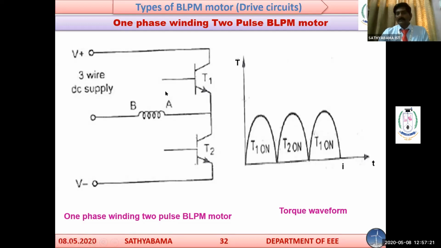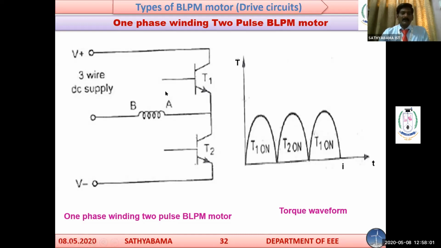So the induced EMF is approximately equal to the supply voltage. Therefore, we get the power equal to 2 E phase I. From equations 1 and 2, we can say omega T equal to 2 E phase into I. Therefore, omega T equal to 2, with the E phase value, that is EMF per phase, substituted as 2 N phase Bg L R1 omega, into I. Then omega and omega cancel. Therefore, torque T equal to 4 N phase Bg L R1 into I.